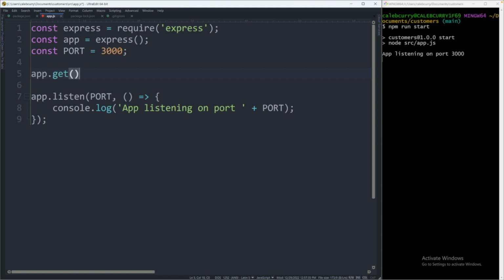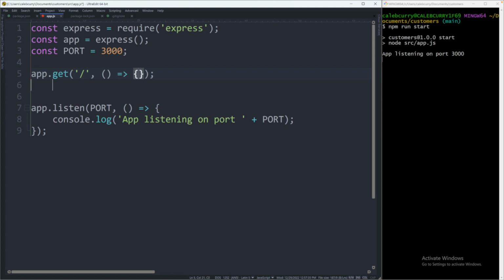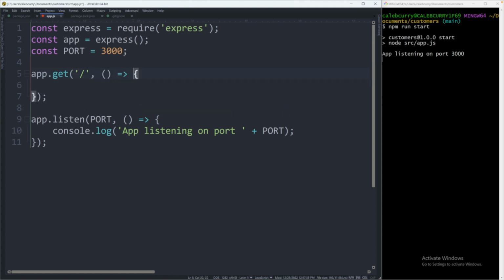So we'll say app.get, and this is going to take two arguments. The first being the path. If you want it to just be the home page, you're just going to use a /. And the second thing being a function. So we'll just pass in an arrow function to define this inline. So request and response, very similar to what we did in episode 1 or 2. Yeah, I think it was 2 or 3, I don't know, earlier on in our life. And we'll say res.send